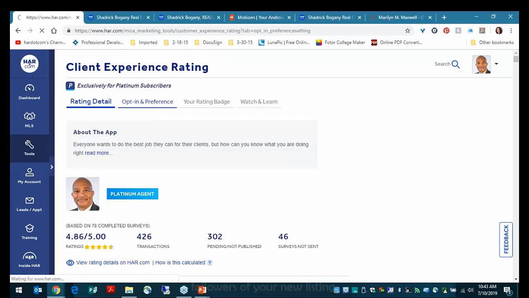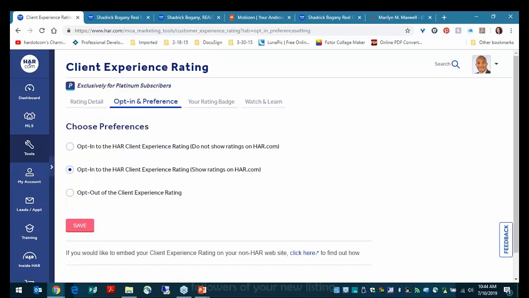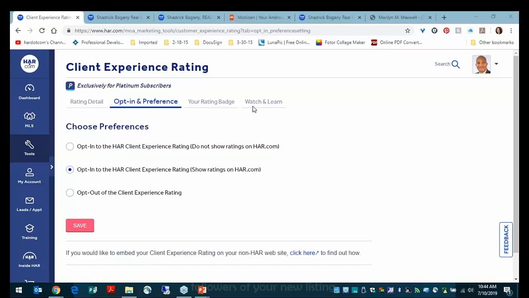If you've not used client rating before, this page comes up automatically and makes you make a choice. Otherwise, you can go into the opt-in and preference settings section right there and change that if you need to. And Anita, did you hear me say that you can add areas even though you didn't have a listing? Yes. That's one of the perks of that Platinum web page: you can pick any neighborhood up